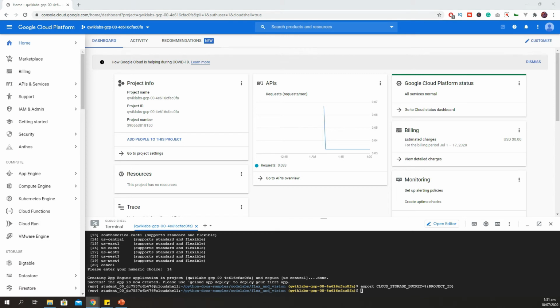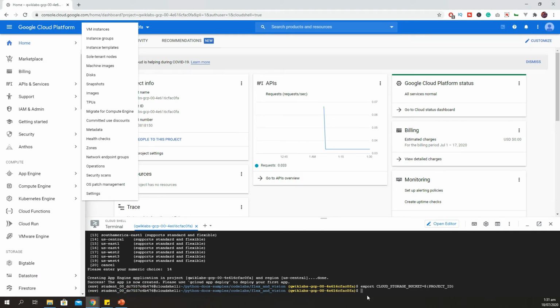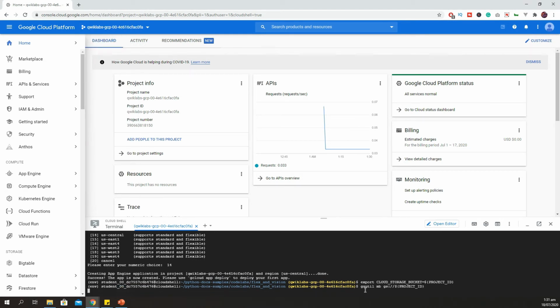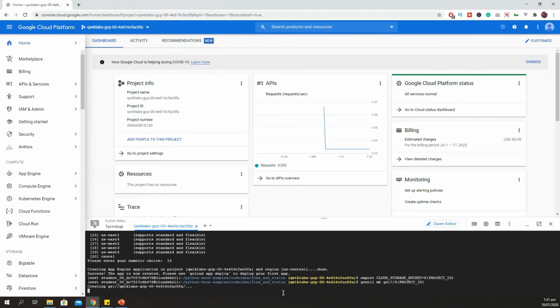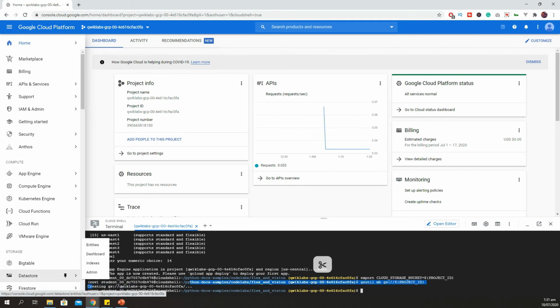We will store our project ID in this bucket, so we can use it in future. Now you have to run another command, which is gsutil mb with the cloud storage path and project ID. It will create cloud storage for your project. Awesome. So everything is working really great till now.